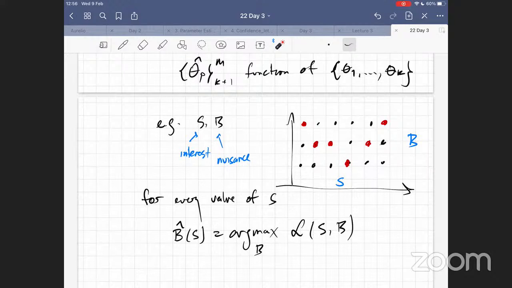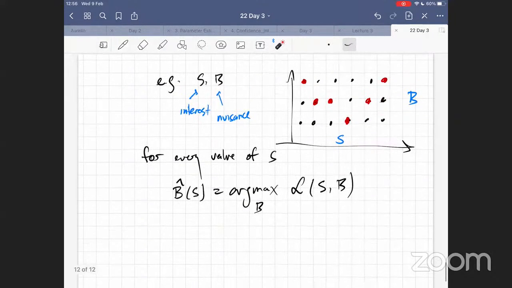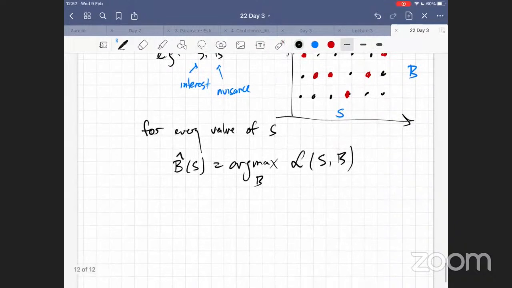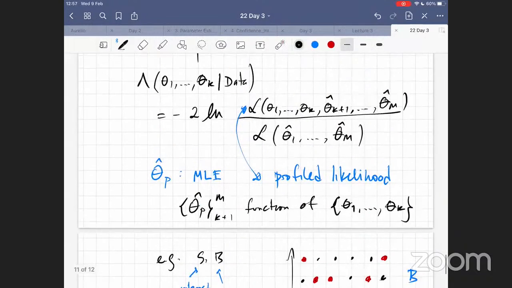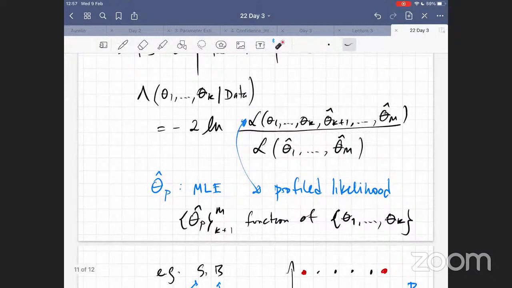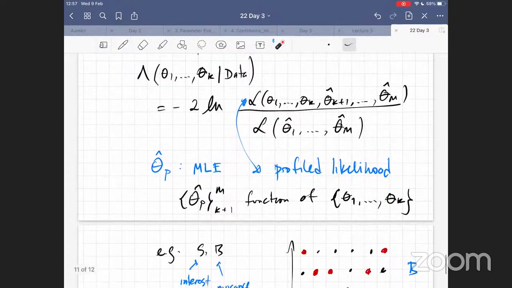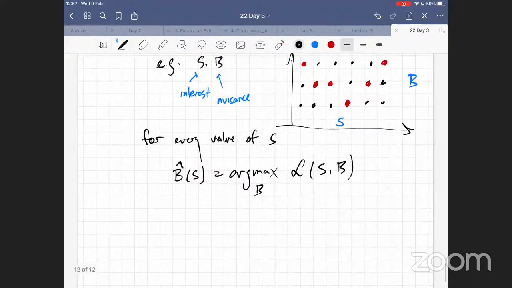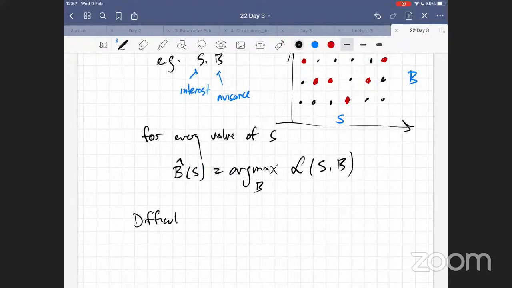Okay, so all of this is useful because of the following. It's a very important theorem. What I'm saying is that even though you have reduced the number of parameters, you may have a large number of parameters of interest, right? So if you have these, then it may be difficult to get